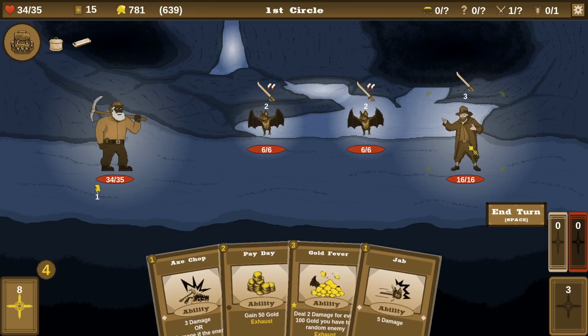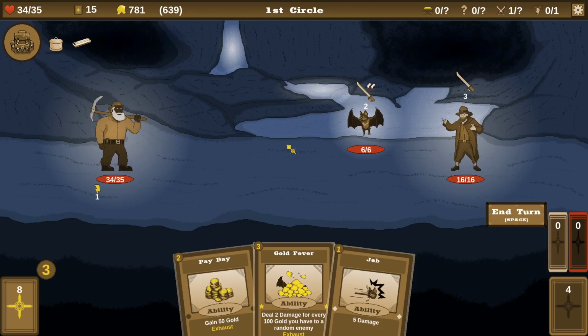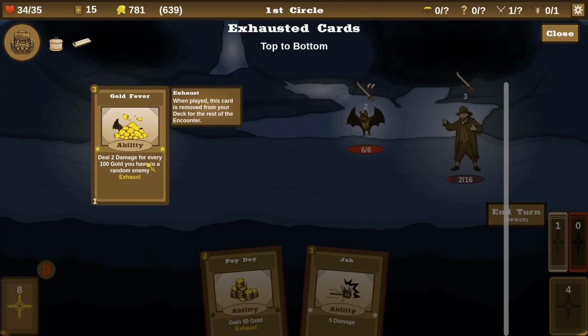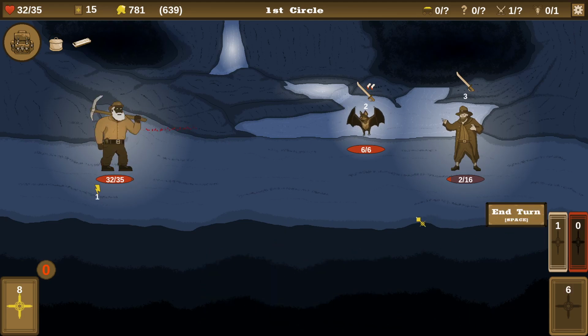I don't think I can kill this guy either. So let's kill that guy for sure. I guess we're going to Gold Fever. What is going on? Oh, it's a random enemy. I didn't notice that card was a random enemy. I was playing with it before, but...